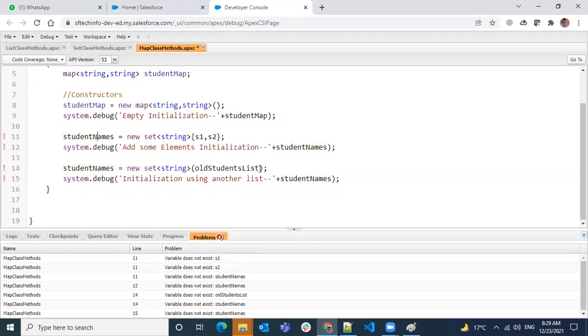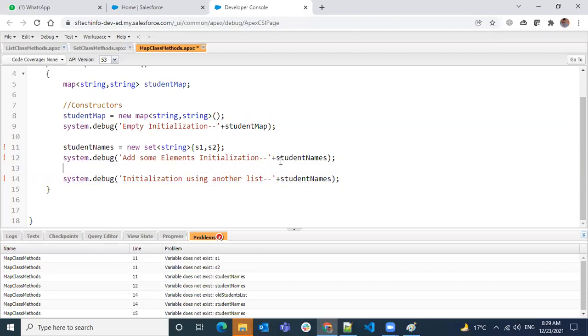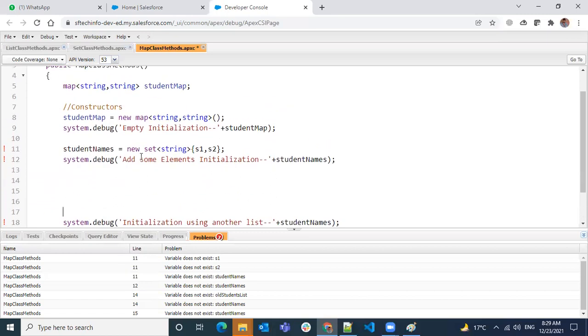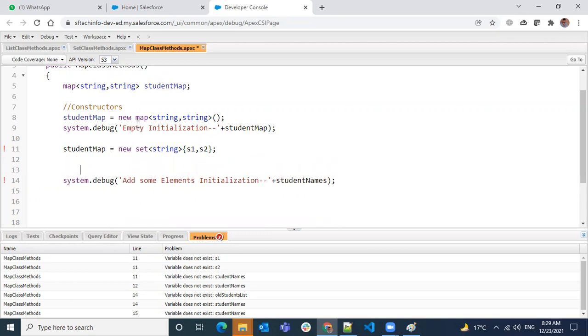For the second one, I'm going to use a student map, and what we can do is new Map of String comma String, and here it is not a single element, so it has to be a pair.